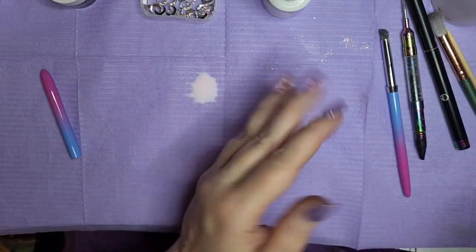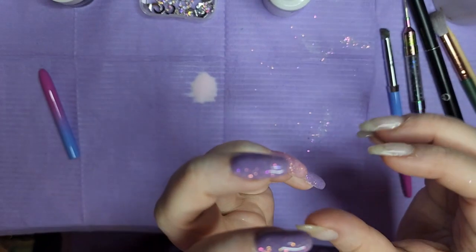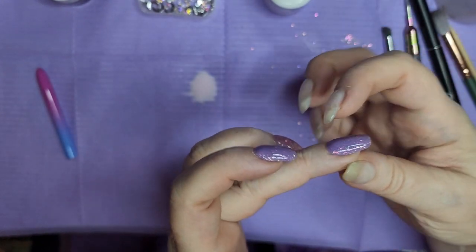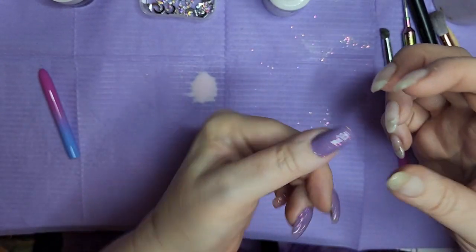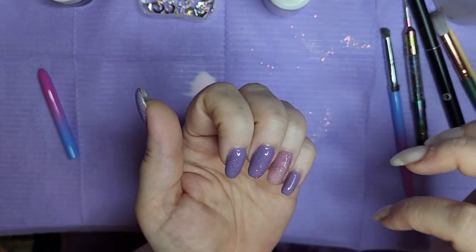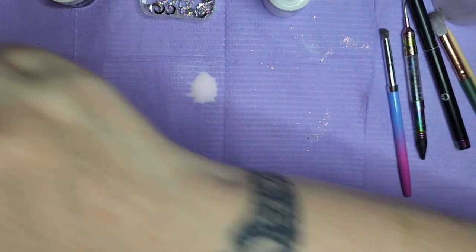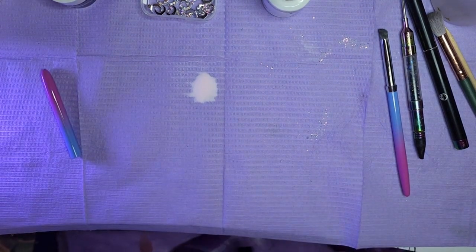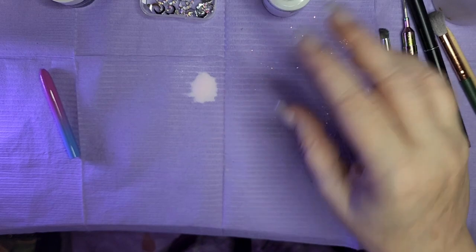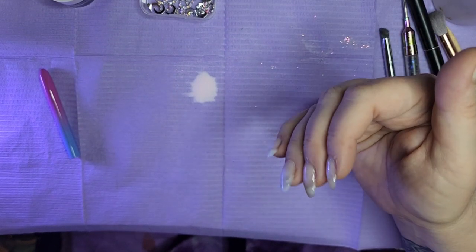Okay, so here we are after the base coat, the thick base coat I used to encapsulate. And you can see I really don't have much, a little contouring to do, take that bump down a little bit, but overall not a lot of shaping to do. So I put on a nice thick coat. I cured for 60 seconds. I'm just going to throw it in for a few more seconds just to make sure that it's fully cured, because now what I need to do, when you have a gel base, or if you use a builder gel overlay,